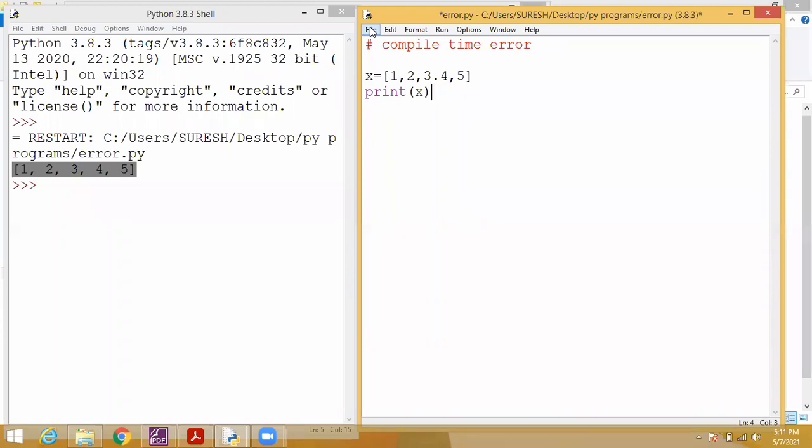Yes, sir. These are coming under compile time error. That is a syntax error, exactly called a syntax error. And something called a semantics error is there. Okay, that I will tell you. For example, a equal to 5, b equal to 10. Okay, so then x equal to a plus b. Okay, this is the program.